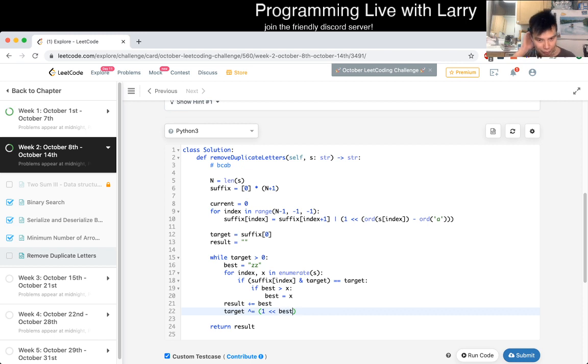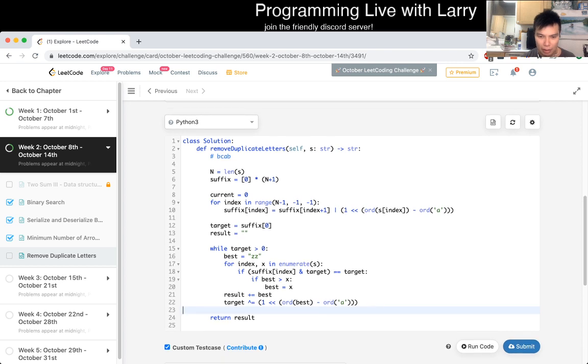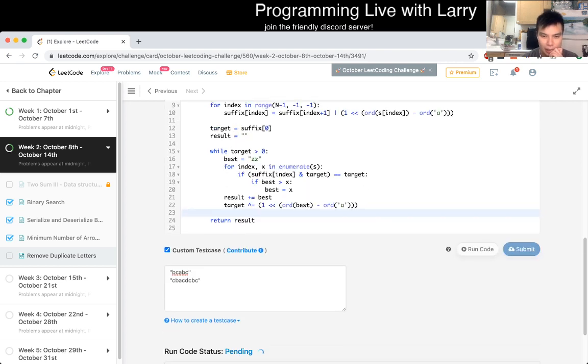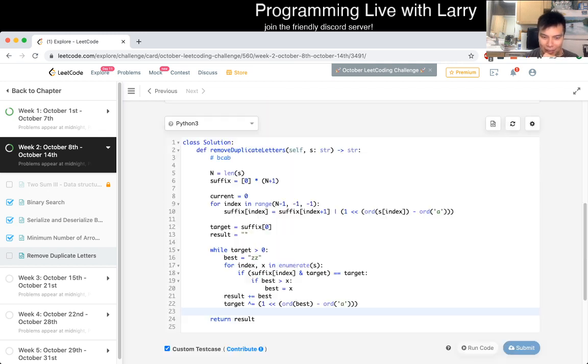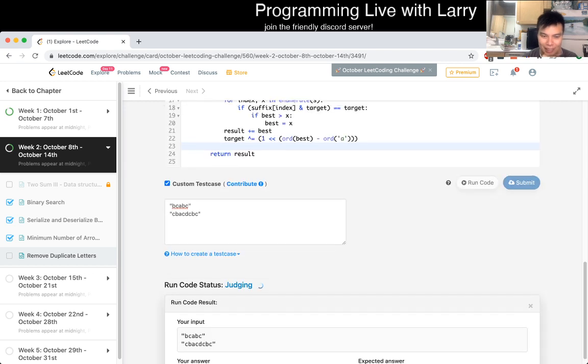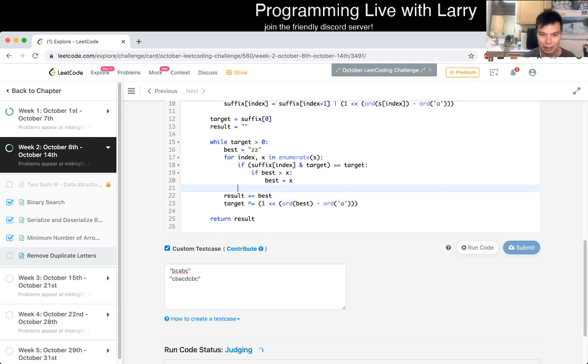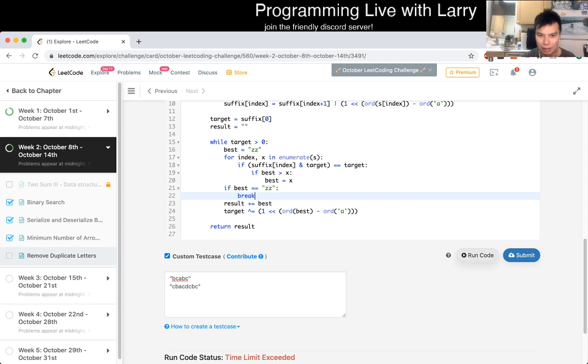Best. Right. This is a character, so we have to convert it to 1 to 26. Okay. Maybe that's okay. Let's see. If the time limits, that means that something is wrong with one of my recurrences. Okay. Or let's do if best is equal to ZZ break. Maybe this is wrong. No, this should be right, but